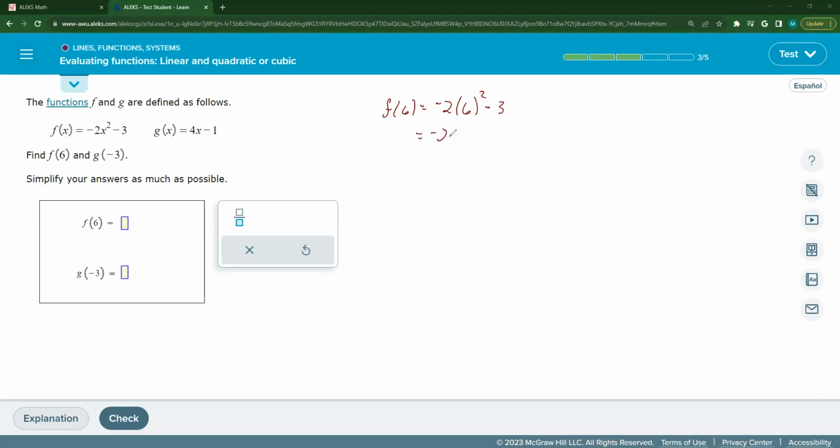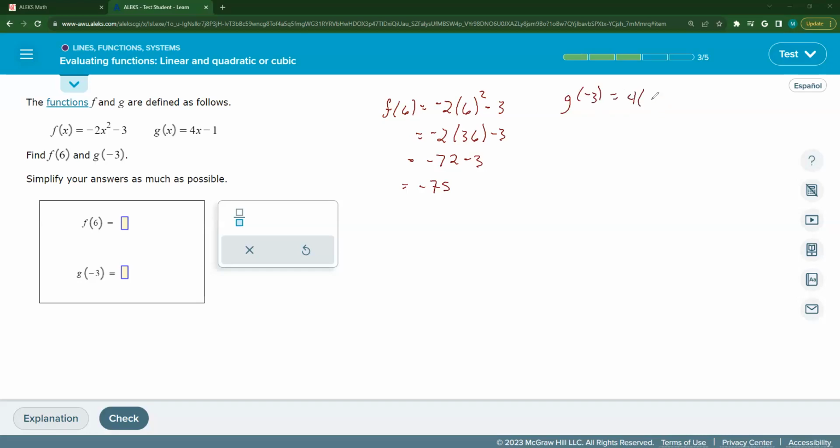So -2 times 36 minus 3, -72 minus 3, -75. Okay, and then g of -3 is going to be